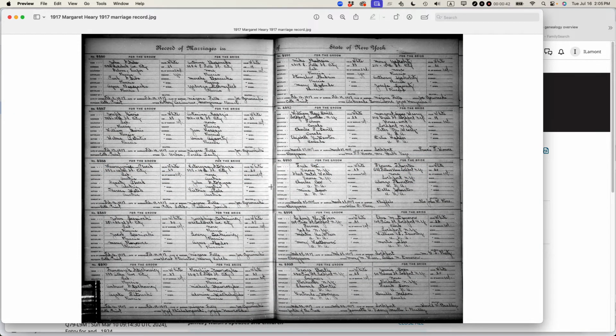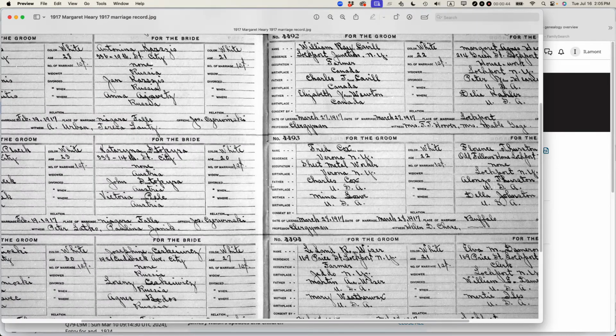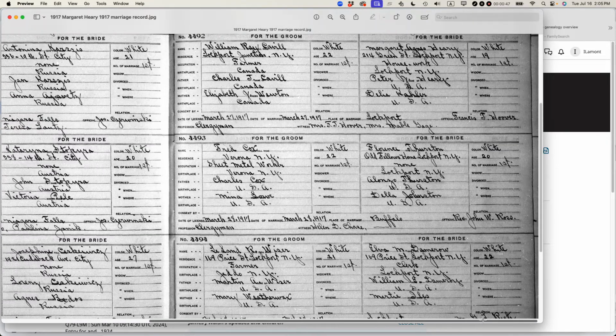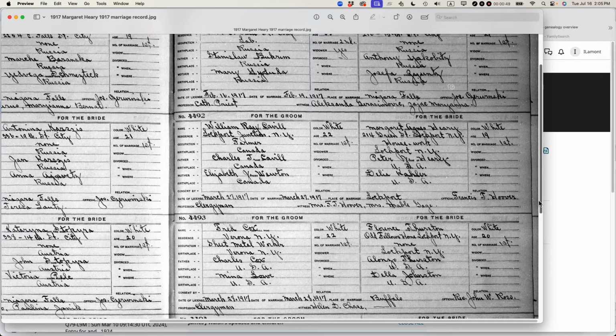So let's take a look at this particular marriage register. I think this is basically a book that you would fill out at the city hall in a certain place, detailing information about the people getting married, maybe to apply for the license or something like that. That's one type of record. Other types of records are the actual certificate of the marriage that you can get from a city hall. Then there's another type of record which might be from a religious institution, such as a temple or a church. Oftentimes those are really useful if you're going back in time. But let's just take a look at this particular